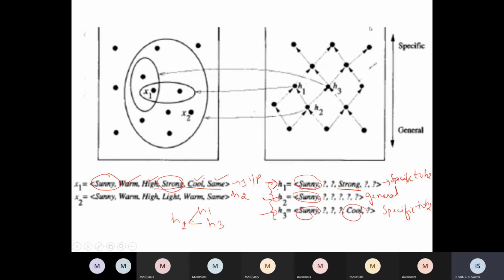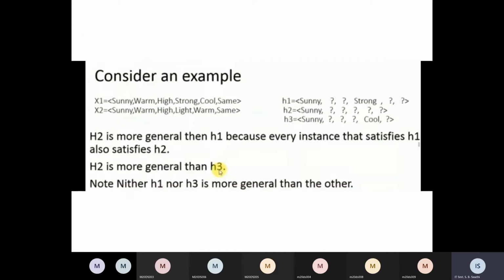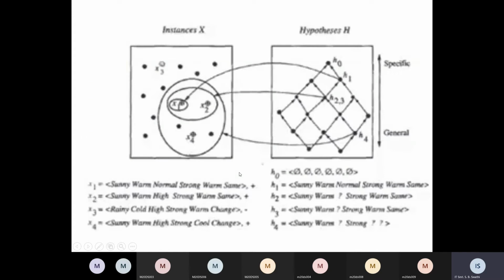The values are represented here, and here what is represented is which are specific hypotheses, they go to the top direction, which are general, they come down. Here H1 and H3 are specific, so they go up. H1 and H3 are at the top level. H2 is general when compared to H1 and H3, so it is placed downward. Downside of this graph is general hypothesis. As we go up, we generate the specific hypothesis. So this is about the representation. Same thing is said here with respect to H2. We can say H1 is specific as well as H3 is specific.